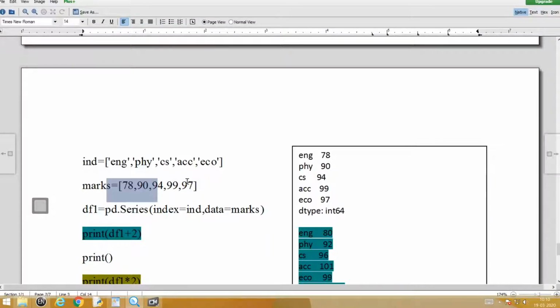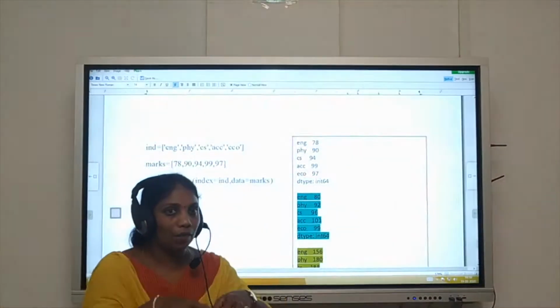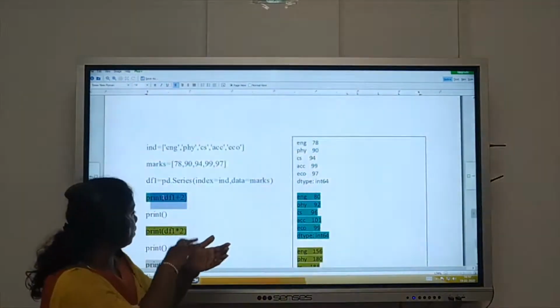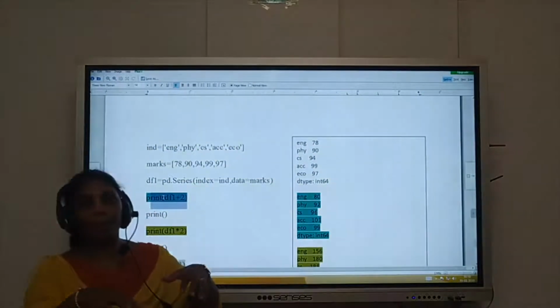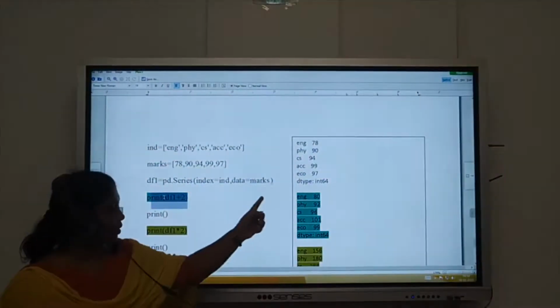See, your data is a numerical value. I have created a series again, and I am directly giving it in print. If you want, I can store df1 plus 2 in another variable, df2 equals df1 plus 2, and then print df2. You will get the same answer, but I just tried it directly.